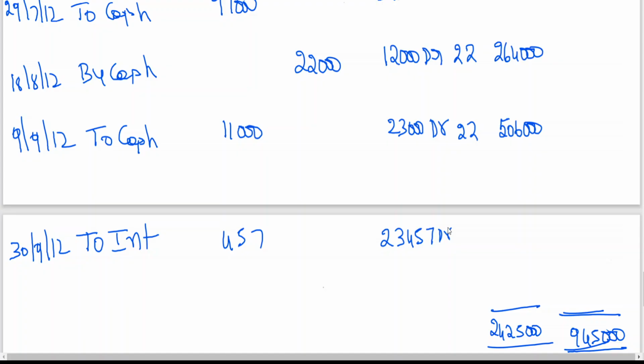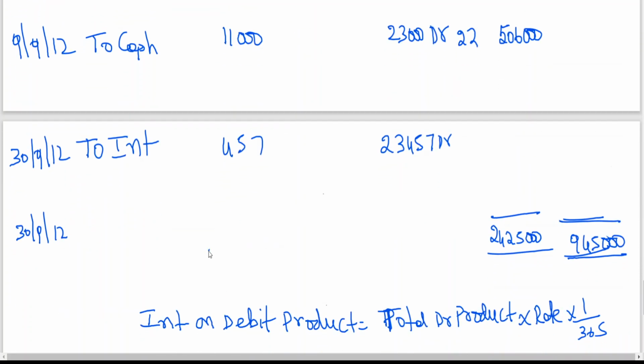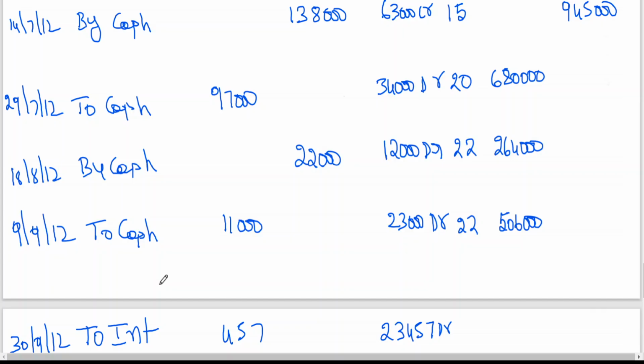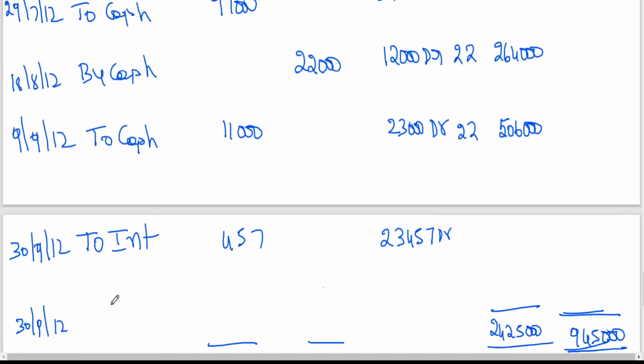So for the last transaction date, we can calculate like this. Some people also go for totaling to write a balance carried on. I think it is confusing, but if you are capable of doing it, you can do it. How, sir? Just like the way we go for balancing, the same thing we'll be writing. Total: 97,000 plus 11,000 plus 457. You are getting 1,08,450.